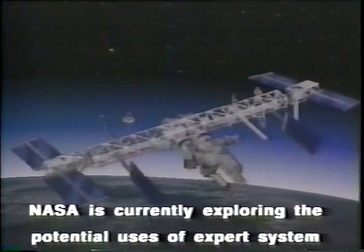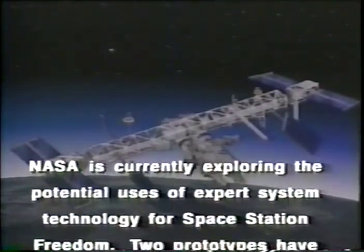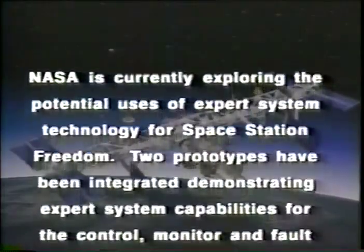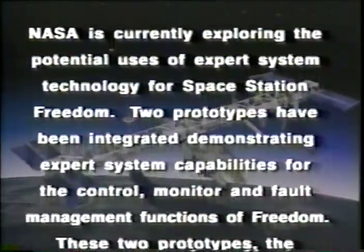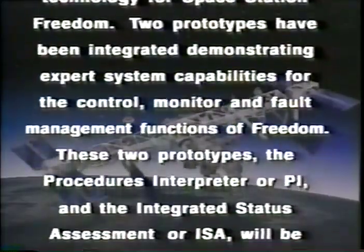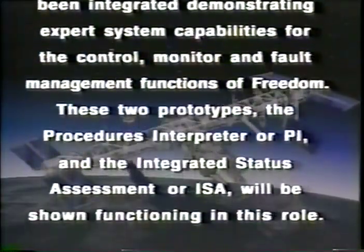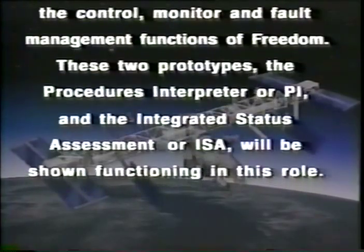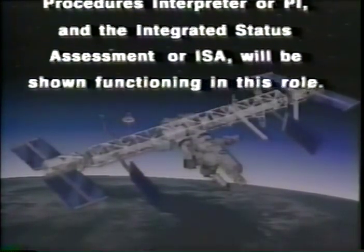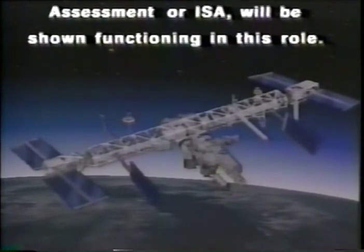NASA is currently exploring the potential uses of expert system technology for Space Station Freedom. 2 prototypes have been integrated, demonstrating expert system capabilities for the control, monitor, and fault management functions of Freedom. These 2 prototypes, the Procedures Interpreter, or PI, and the Integrated Status Assessment, or ISA, will be shown functioning in